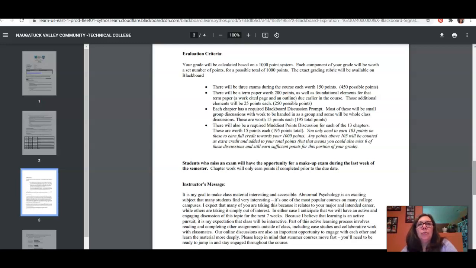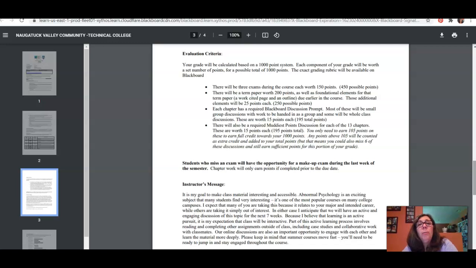For each chapter, we'll have 13 chapters. For each of your chapters, you will also have discussions. You'll have work due for each of the chapters. And within those chapters, you'll have 2 discussions. One of those will either be a whole class discussion prompt where you're all responding first to my prompt and then to each other on a specific topic. That will be the case for the first chapter. And then for most of the remaining chapters after chapter 1, you'll actually be in small groups having these discussions.